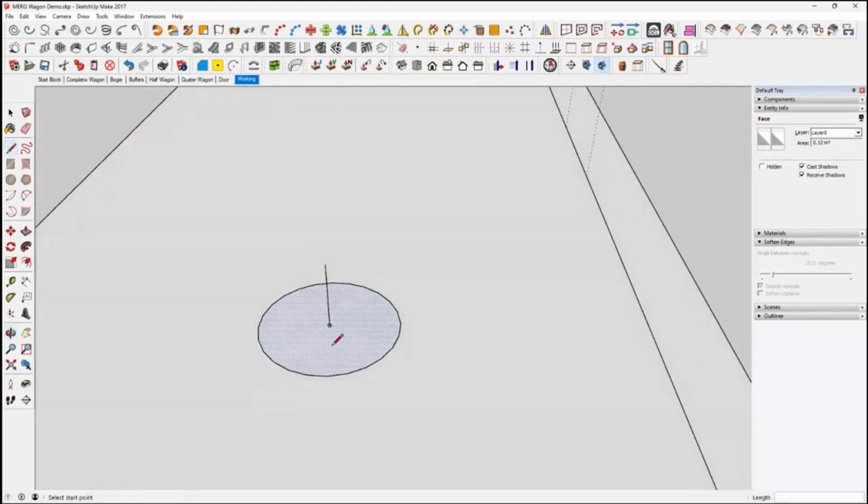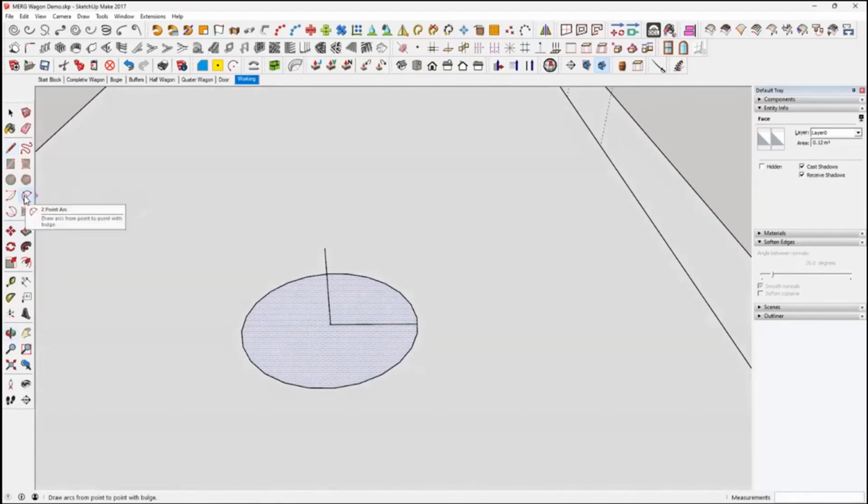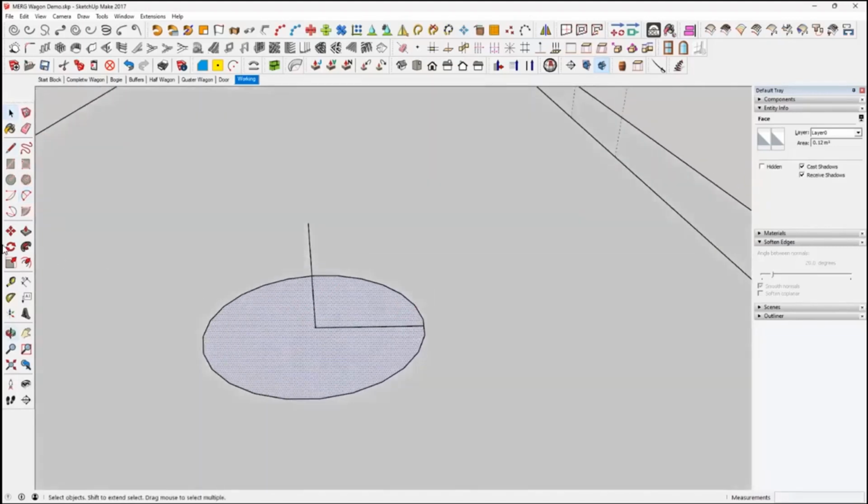So what we need is to make sure, I'll tell you what we will do is we'll put a line across and make sure it's going across the green axis, and then we know it's going to be parallel. And then we'll get the 2-point or 3-point? 2-point arc tool. Actually, no, we'll come up a little bit on that edge, because otherwise you're just going to have a dome rivet. I like a little bit of flat on the edge. So if we go up on the blue axis,